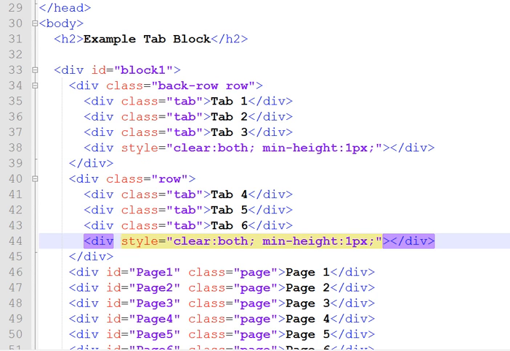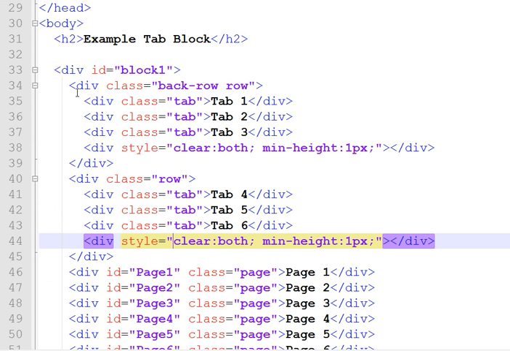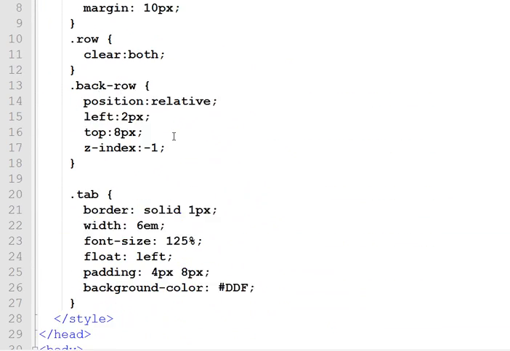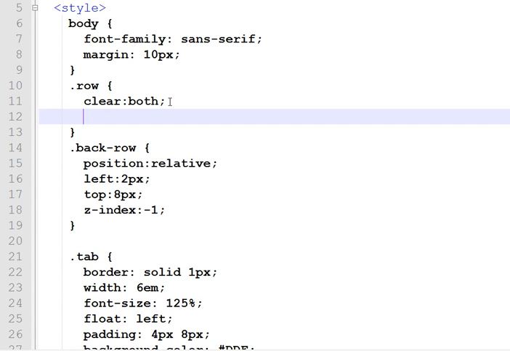And let's confirm here briefly that the fix does in fact work. So refreshing based on that clearfix, our pages are now where they belong. And I will leave you with an even simpler solution that doesn't get as much press, but is almost always sufficient. Adding overflow hidden to the parent element style, in our case that's the row style,